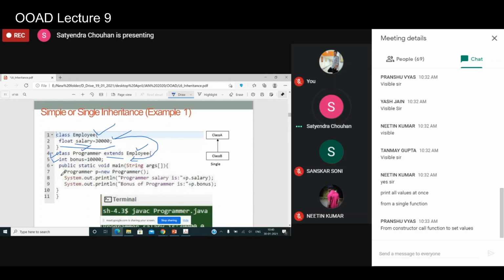You can use those instance variables, or any methods, inside the subclasses. You can create an object of the programmer class and access the data members and the methods of the superclass also.